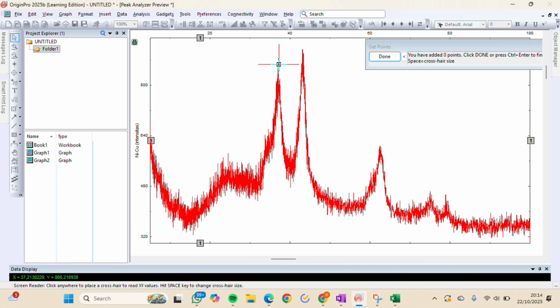Okay, next we repeat the same process for the other peaks, and in this script we can identify 3 main peaks. After that we click down.